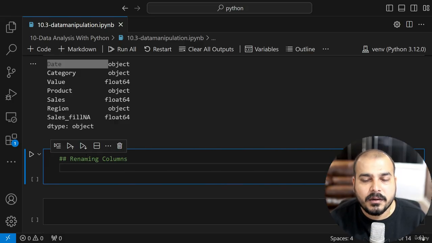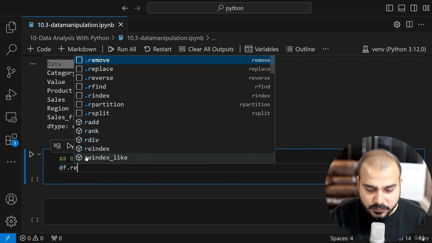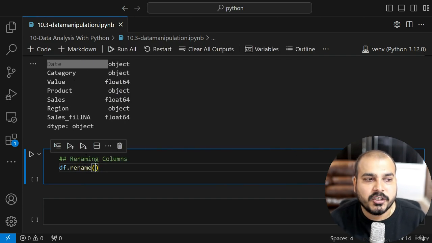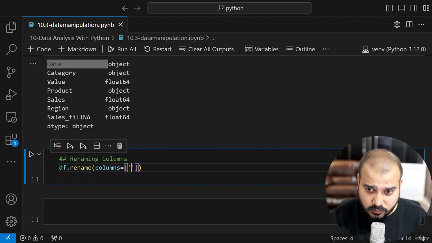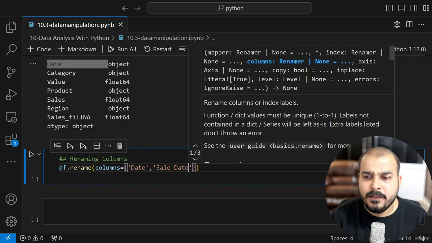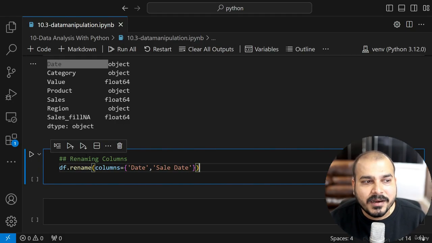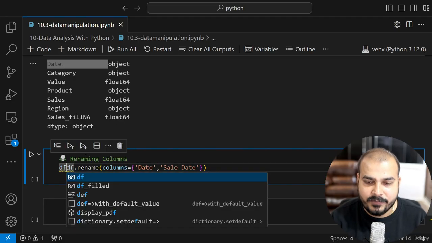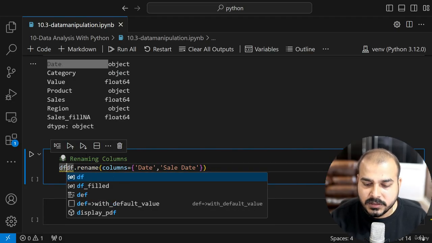Here I'll just use this date column and try to rename it. In df we have a rename function. Here I'll be providing the column name which I really need to rename. So I will say it is date, and I need to rename this to sales date. All this entire thing will be replaced back in the df. So if I now go ahead and see